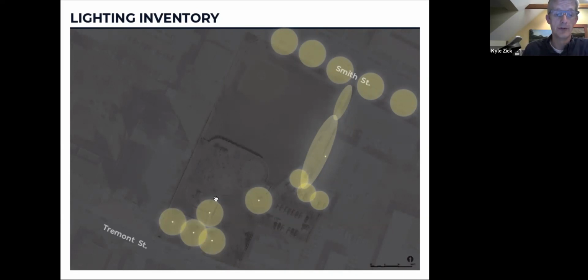The other thing you'll notice is there's no yellow circles in the play area. Boston Parks generally doesn't light playgrounds. With the splash pad off, none of those light fixtures were on, so the playground is completely dark. There is a light fixture at this entrance to that level of the park, and there's some lighting associated with the parking closest to the school. And then a lot of light spills from the school and illuminates that pathway fairly well. And then there's street lights along Smith Street. The ball field itself is dark. There's no sports field lighting.